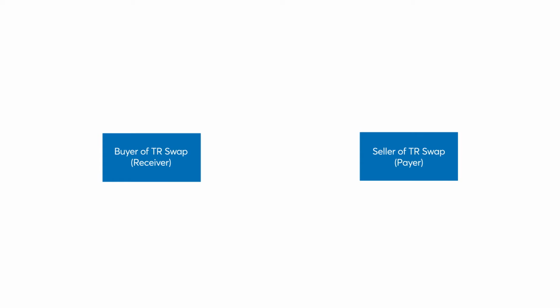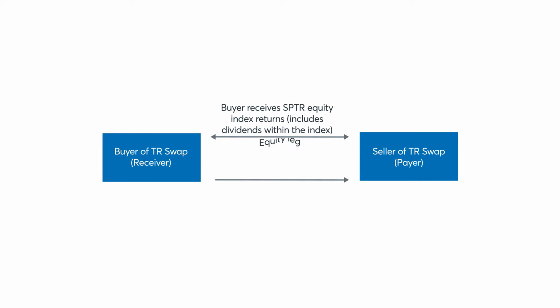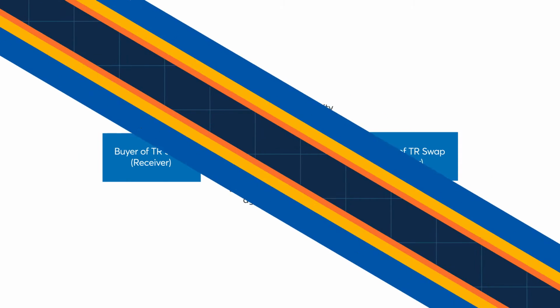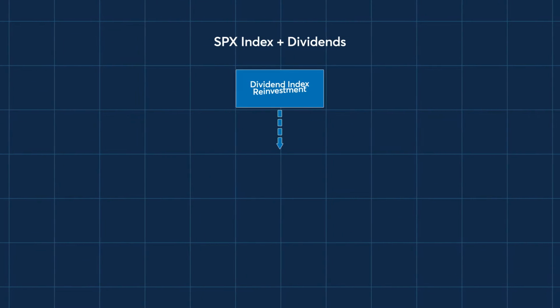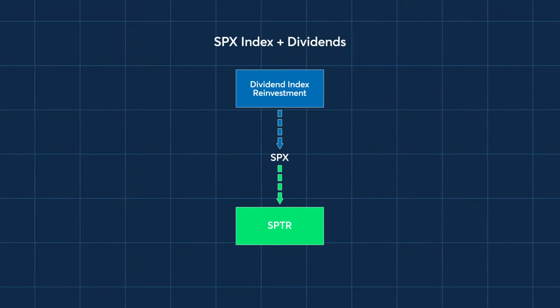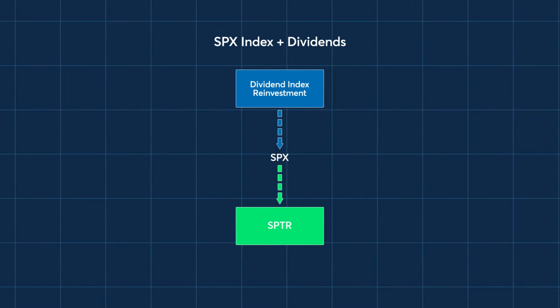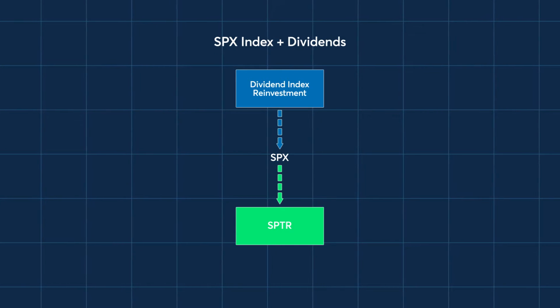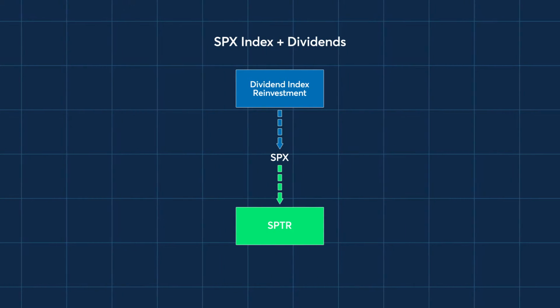The counterparty that is long the equity performance, known as the receiver, will also receive any dividend income from the counterparty who is short the index performance, known as the payer. In exchange for receiving the equity index performance, the receiver will make financing payments to the payer to compensate the payer for the financing costs associated with funding the underlying equity index position. If the underlying index is a total return index, this means the dividends are reinvested in the underlying index as part of the index methodology, and an explicit adjustment for the dividends need not be made.